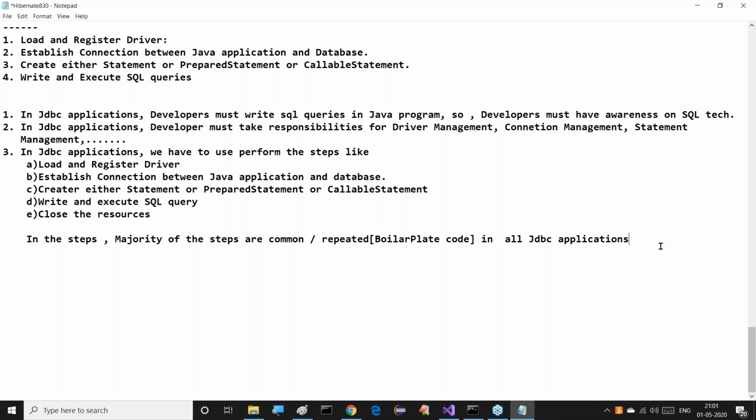We can understand this clearly now. Even though it's a repeatable code, again and again we have to write it. There we are not having any alternative for it. This is exactly the meaning of boilerplate code. Good. Next one is another point I'm telling you clearly.